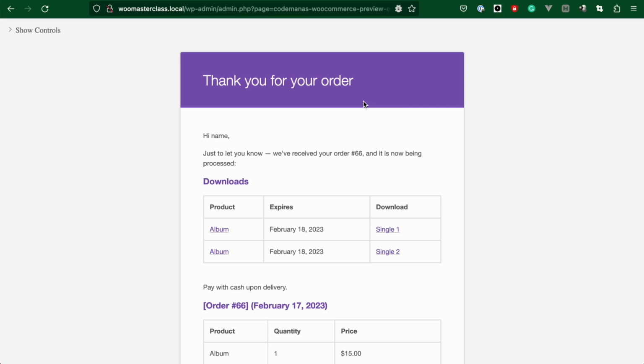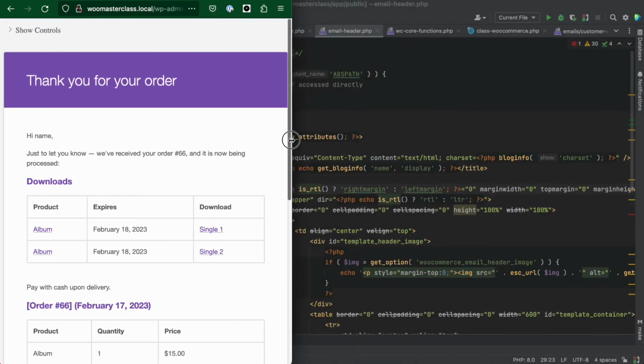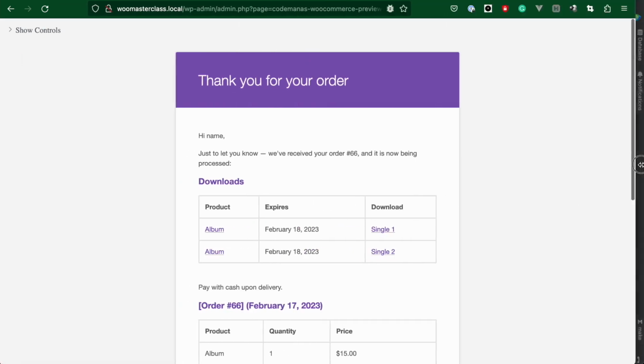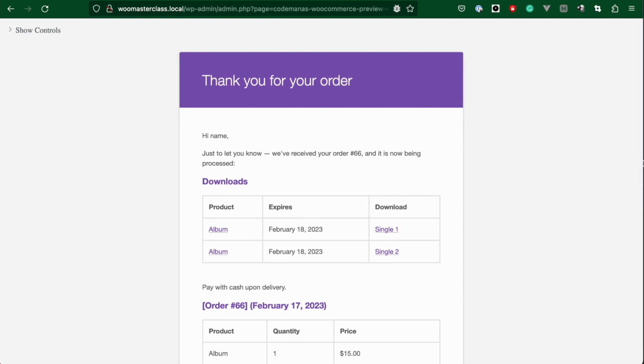How to create a responsive email. If we now try and do this, you'll see that it's just a desktop version, right? It doesn't have any responsive styles, and of course you can't do much when it comes to responsive email because that depends on the client people are using to view emails and stuff like that, and pretty much a lot of things are not